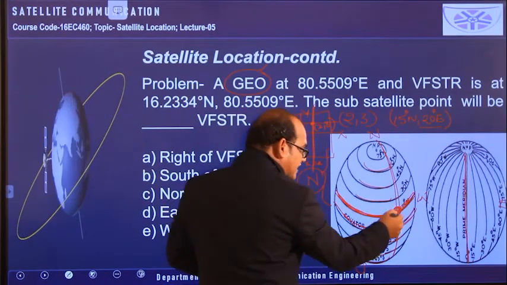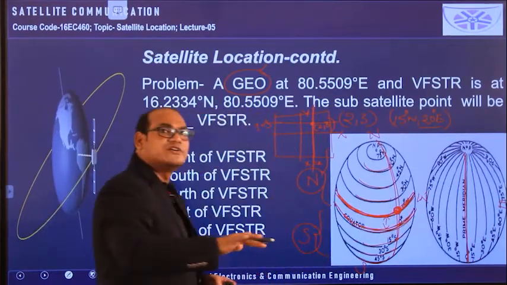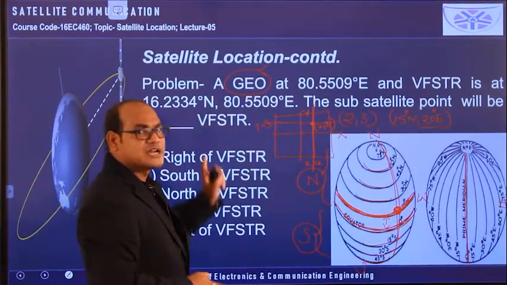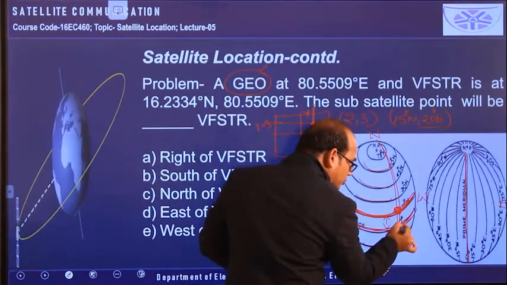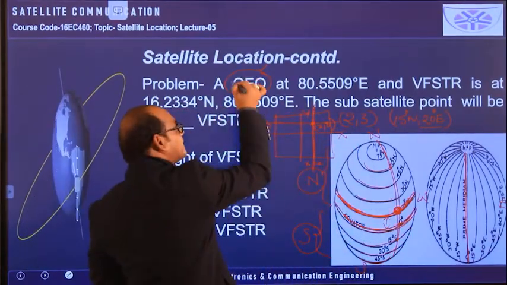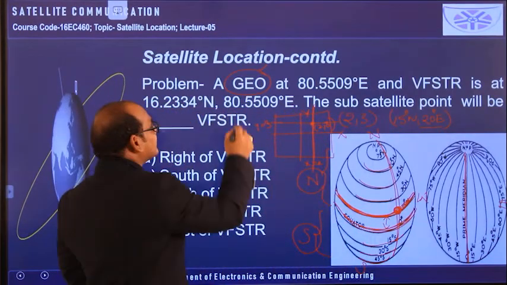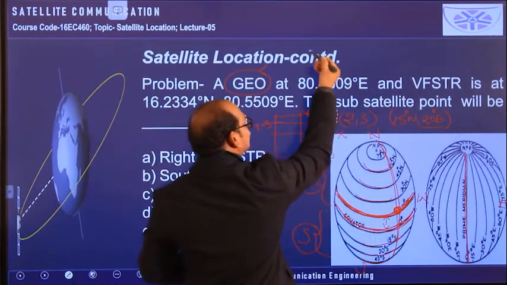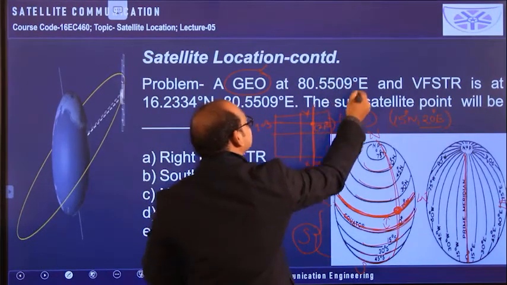That means the orbit of that satellite lies within this latitude only, that means 0 degrees latitude. Along that equatorial plane only, this orbit is also available. This equator has 0 degrees latitude, so this orbit also has 0 degrees latitude only. That's why here they have not mentioned some degrees north or some degrees south.